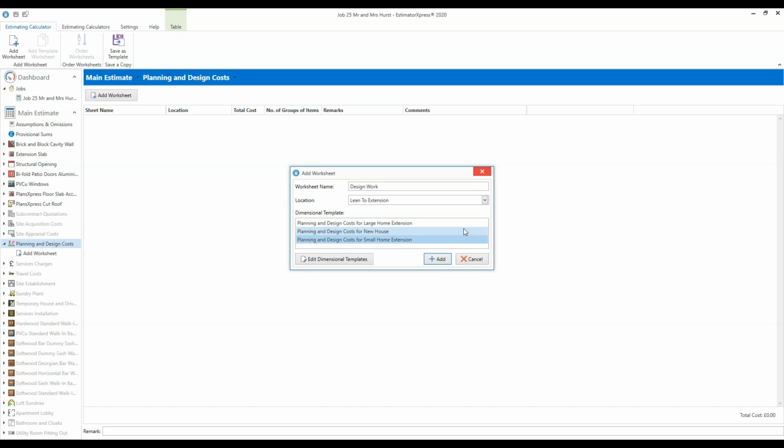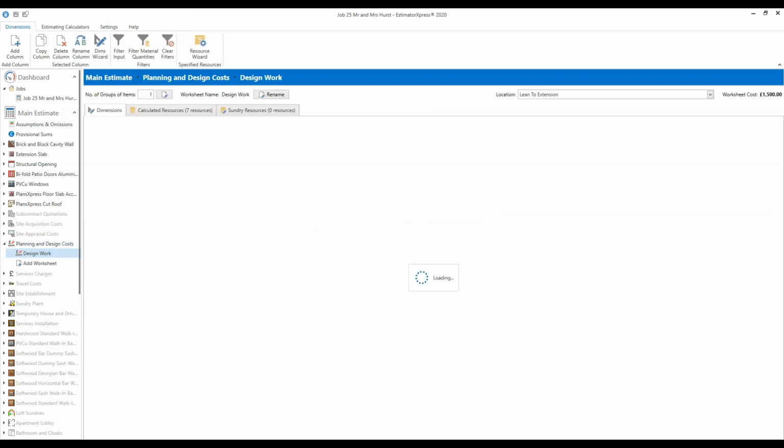So for a large home extension, the figures for the design work will be higher than for a small home extension, and obviously the design cost for a new house will be larger still. It just means the starting figures that are in there will be more appropriate for the type of work you're doing. So select small home extension, click Add,